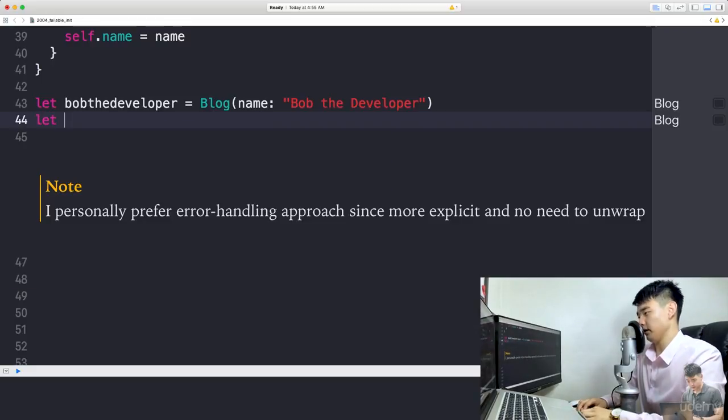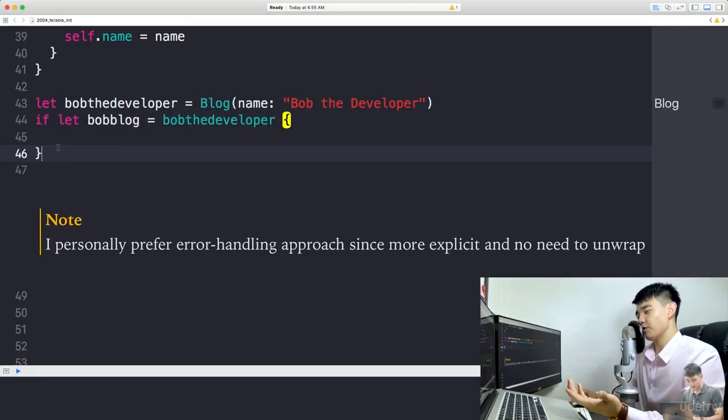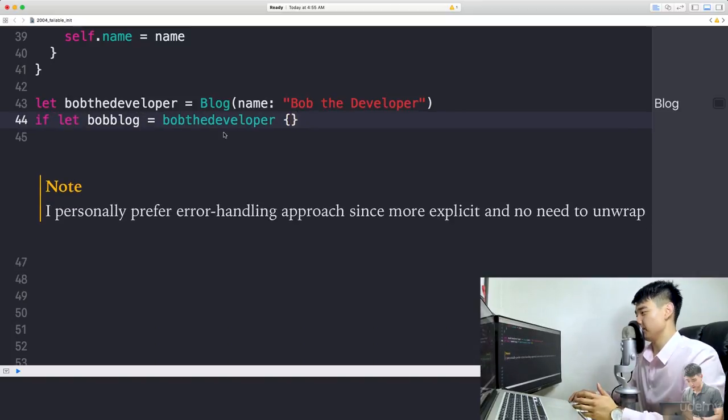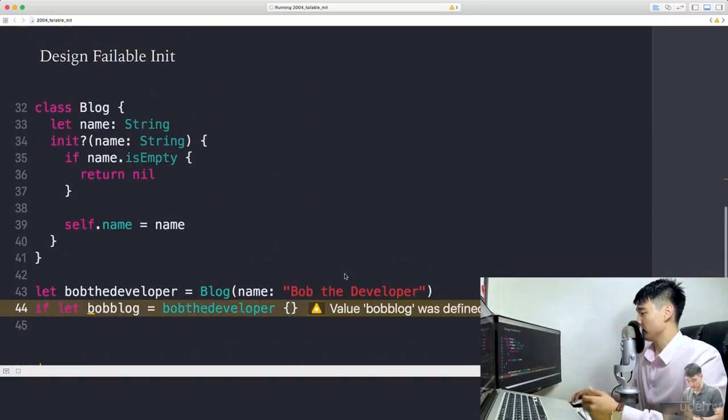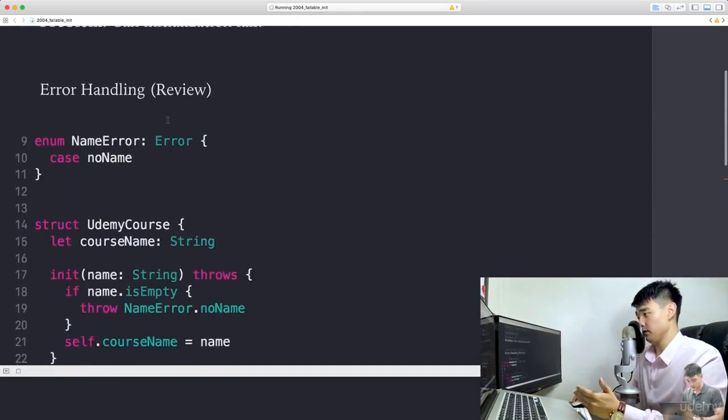Yeah, you could do something like if let. Yes, that's how you can do it, but it's very tedious. It doesn't really add much to the programming itself. You're putting in a lot more input. But when it comes to the error handling approach, again, I love it because there are 3